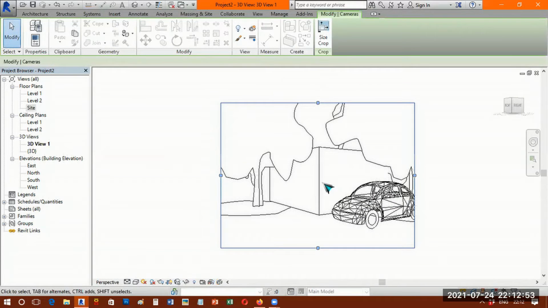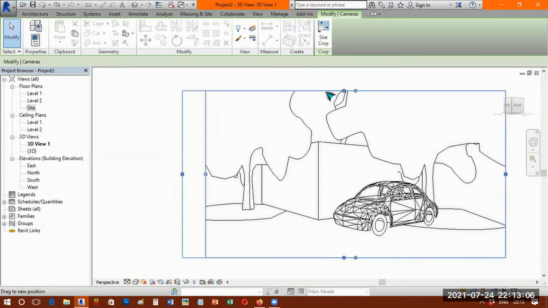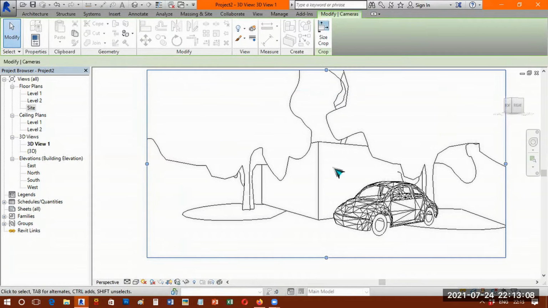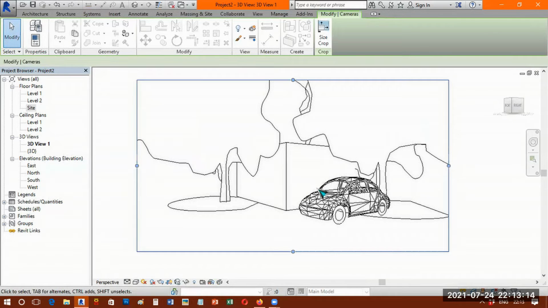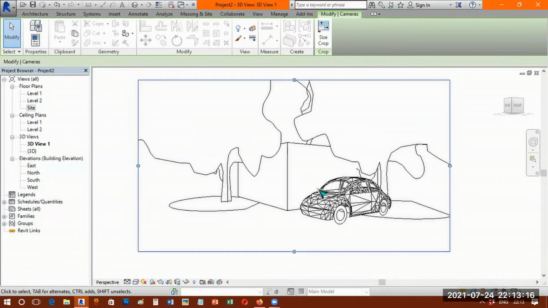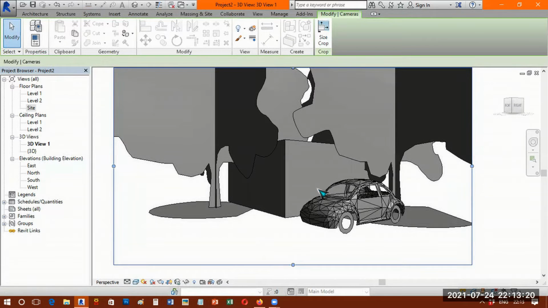Okay, the camera view. You see the blue points all around the sides. These are called the controls. If I place my cursor, it says control. The width of the camera as well as the height of the camera, we can set that. Zoom out, zoom in, whatever you can do here. Also this looks like a wireframe or hidden representation. You can go back to shaded mode, and everything looks gray in color.